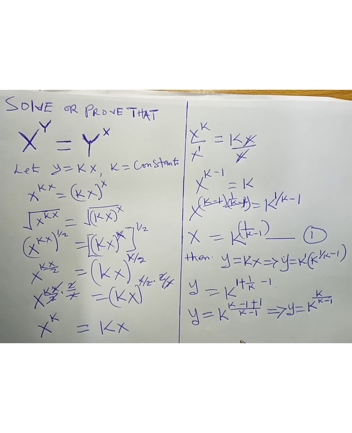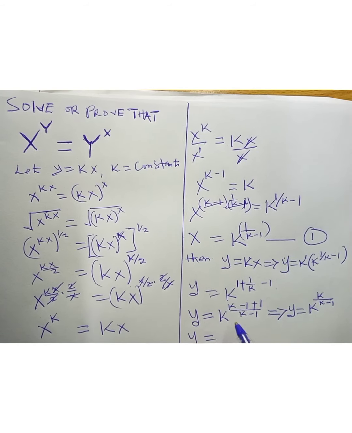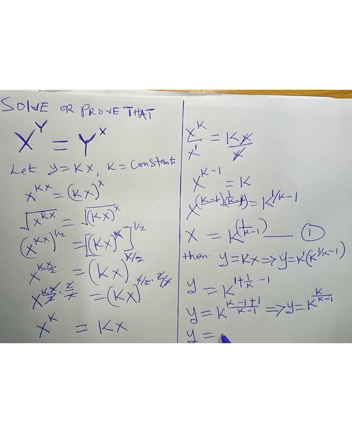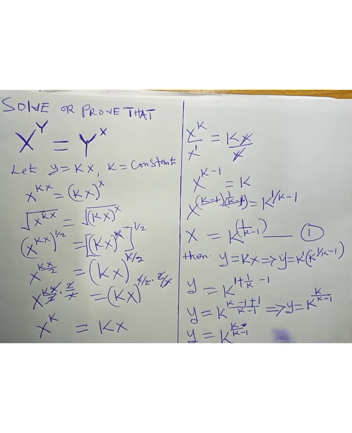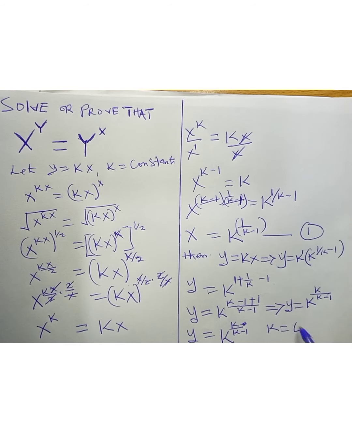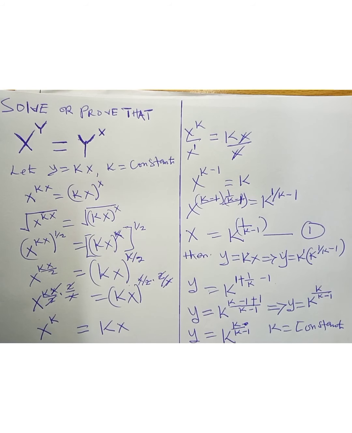That is it. So if that be the case now, y becomes k raised to power k divided by k minus 1. That is what we have. And we know that our k is a constant. So since k is a constant,